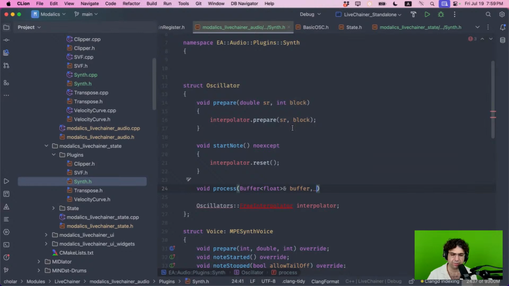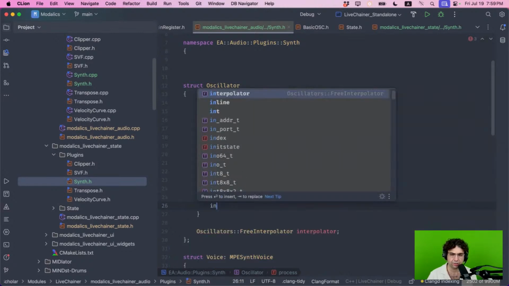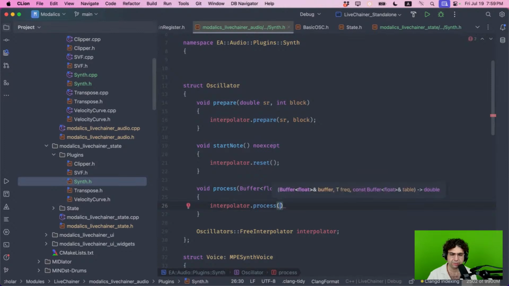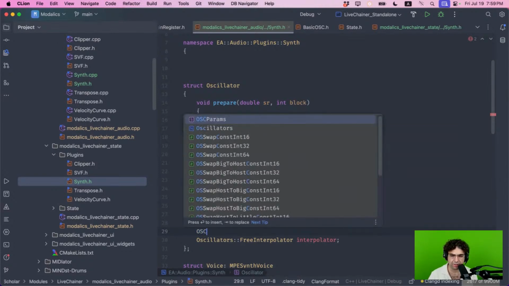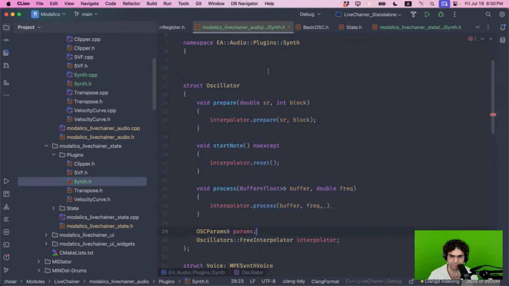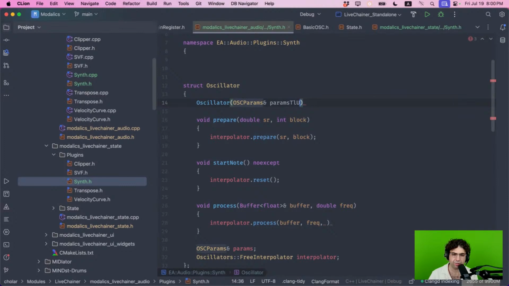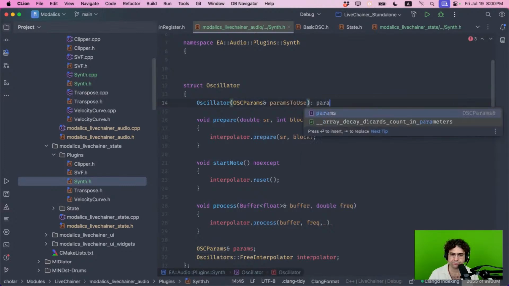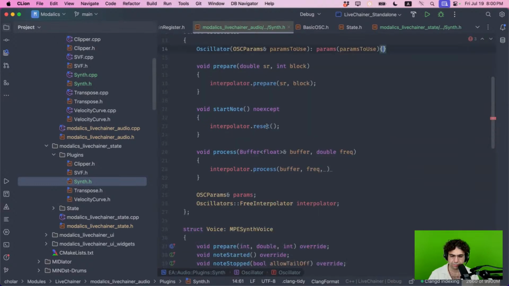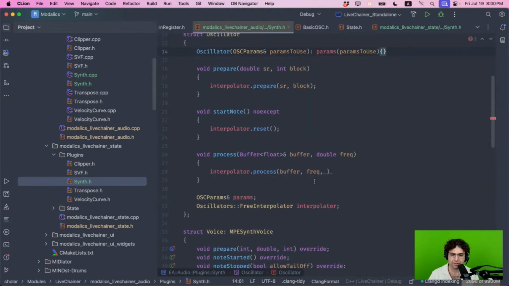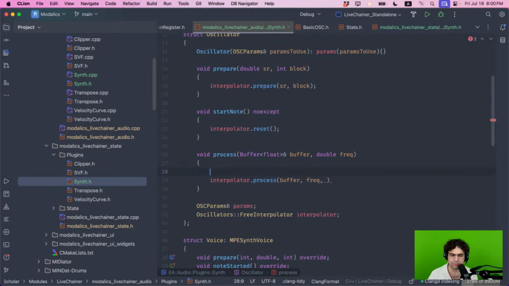This also needs the frequency, so it should be something like double freq. So interpolator, process, buffer, freq, and it needs the table. Okay, the table is the main thing, I guess. So this needs an oscillator params, which this should probably be initialized with. So params to use. And then, so this is the table, right? So it's gonna be something like,